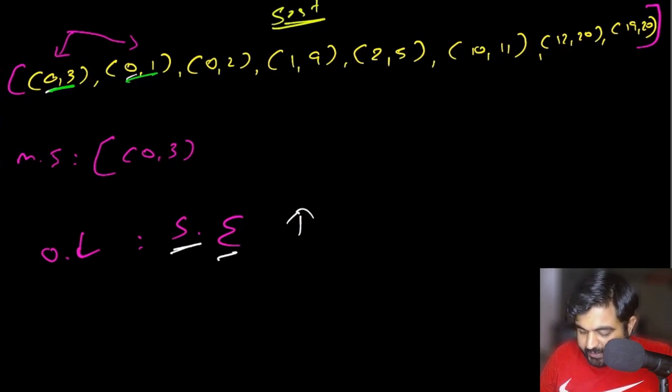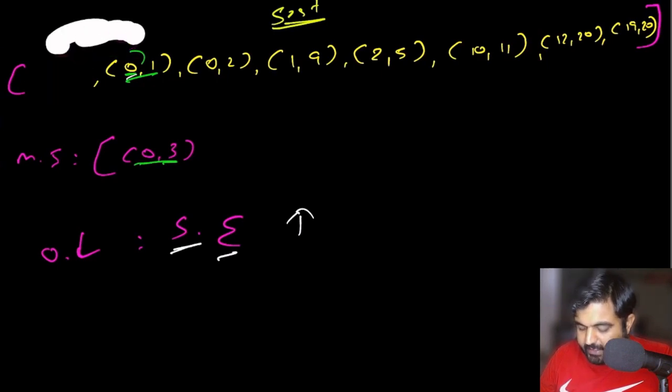We are going to pick the lower value between 0 and 0, lower value is 0. Higher value between 3 and 1, higher value is 3. So 0, 3 is going to be the overlap. Now we are going to get rid of this first element, and now we are only going to focus on the next element.